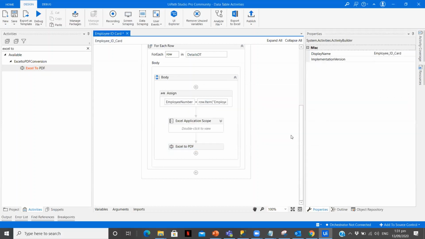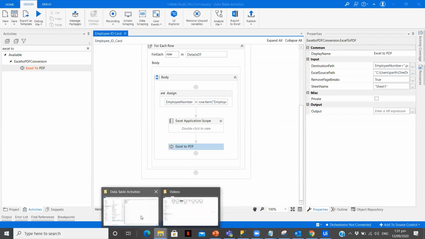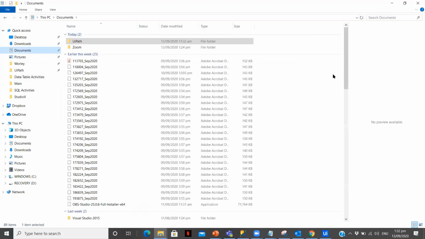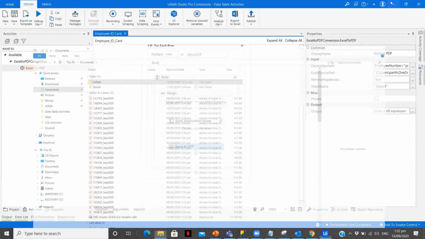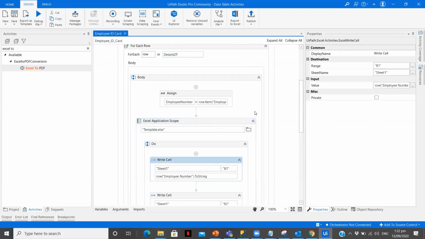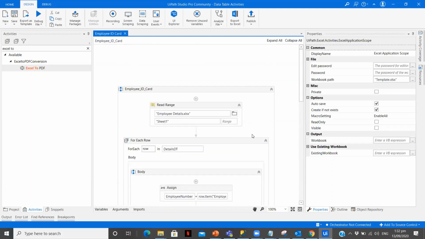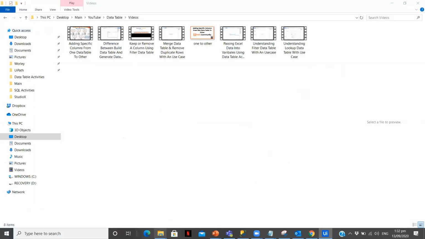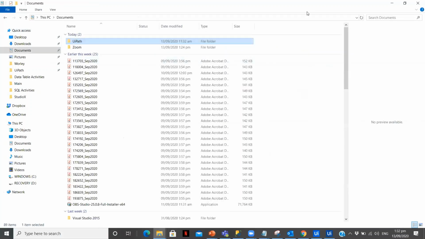Okay, so that's it. We have completed our workflow, and now we'll be seeing. The default path of my Excel to PDF is going to be in my documents over here. Once this workflow is completed, you will be seeing the files getting created over here. So let me save this. Okay, everything seems proper. Let's just minimize this, save, and let's execute the workflow to see whether we are getting the output or if we are getting some errors. In documents,